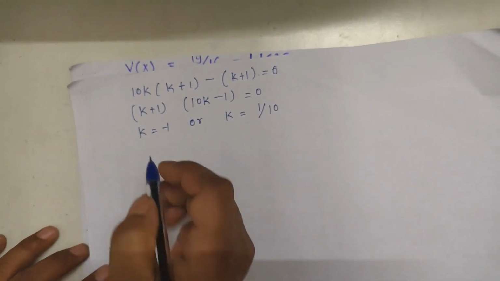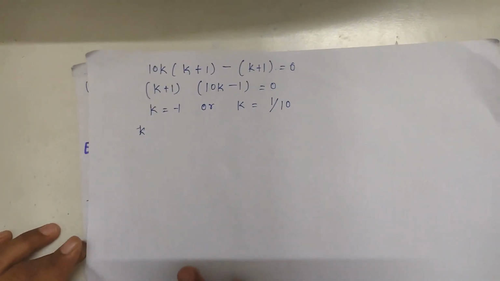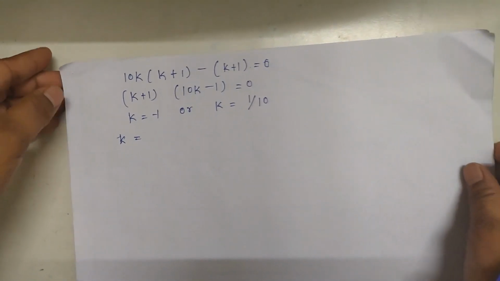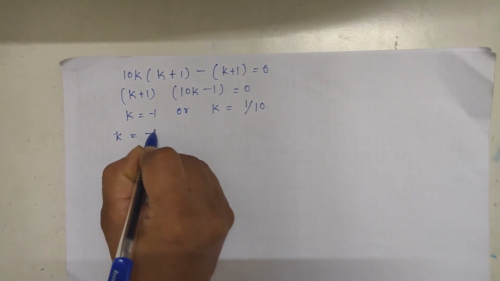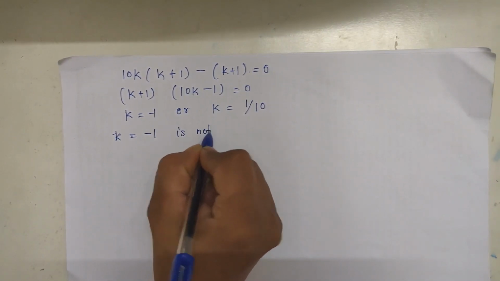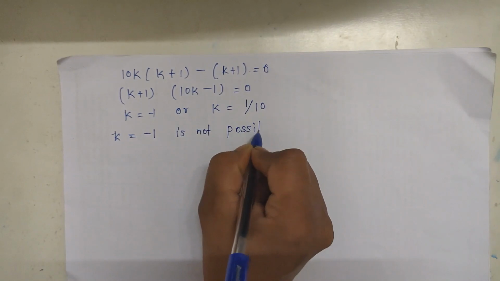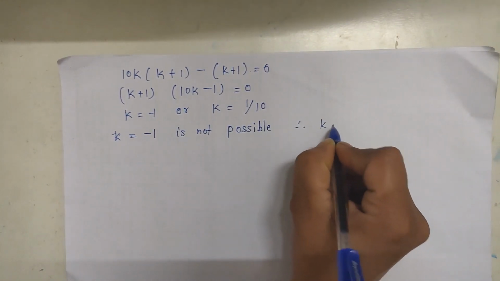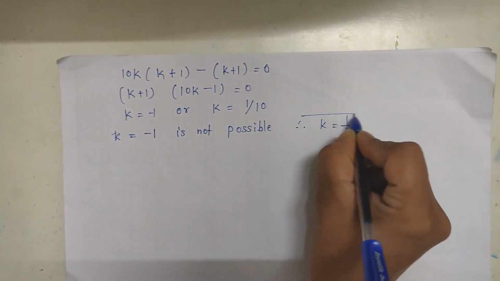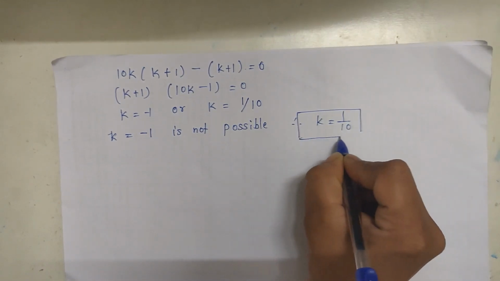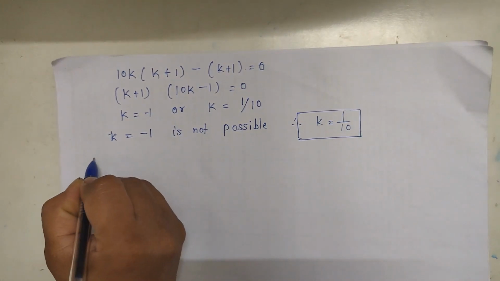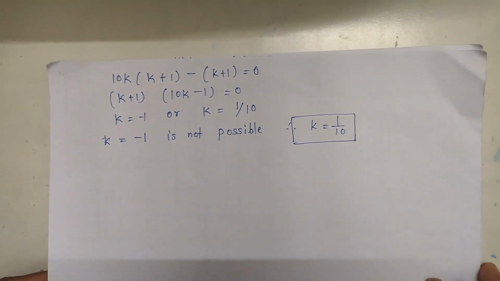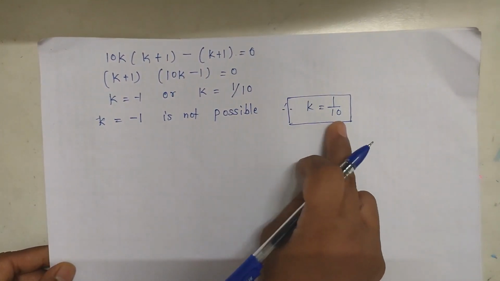Here k is equal to minus 1 is not possible because probability lies between 0 to 1. So k is equal to minus 1 is not possible, and therefore k is equal to only 1 by 10. So here the value of k is equal to 1 by 10. This is the answer for the first question. In the given question, k is equal to 1 by 10. Now the next question is,